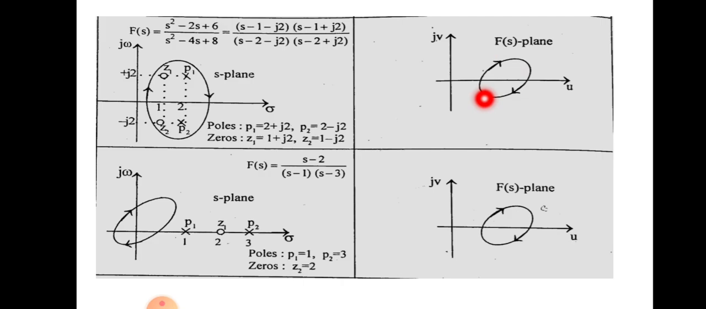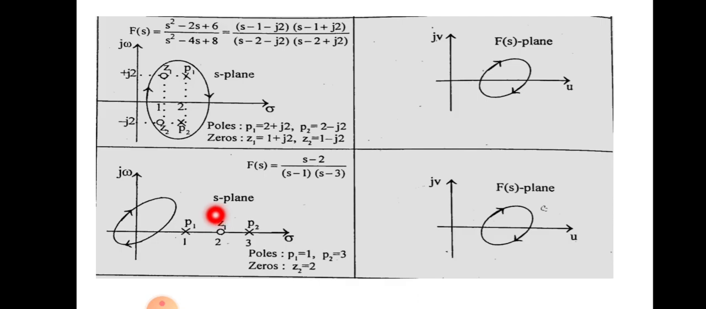any origin. That means if an S-plane closed contour encloses z zeros and p poles in the right half of the S-plane, and if p equal to z, then the corresponding contour in the f of s plane will not encircle the origin of the f of s plane. See here, the number of zeros is equal to 2, the number of poles is equal to 2, therefore their difference will be equal to 0. In such cases, there will not be any encirclement of the origin by the f of